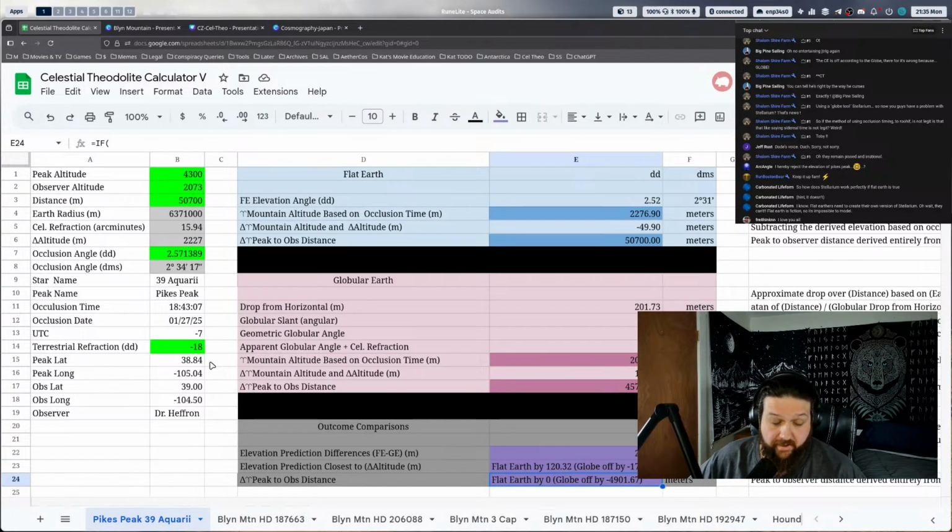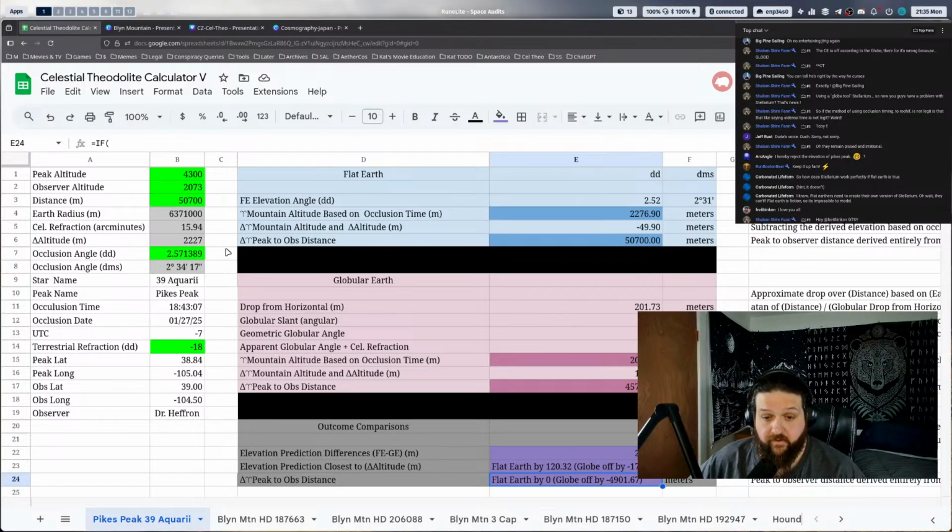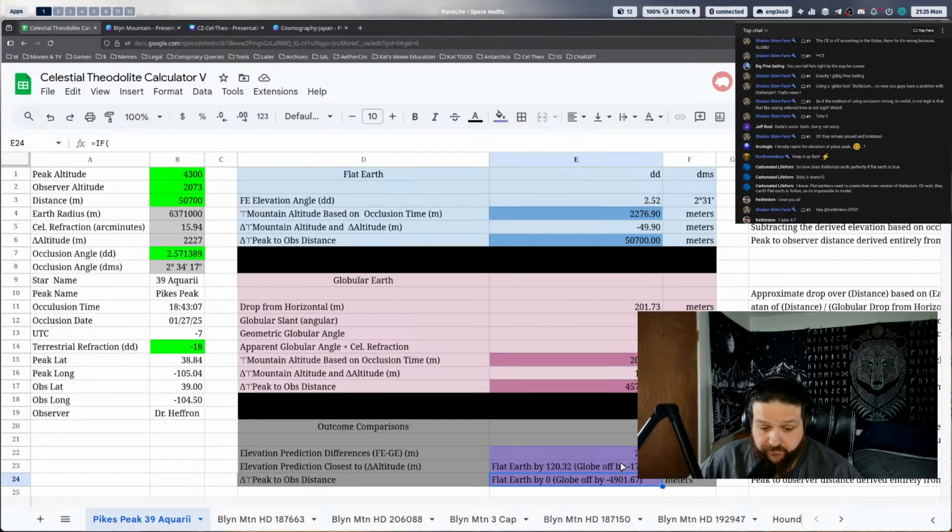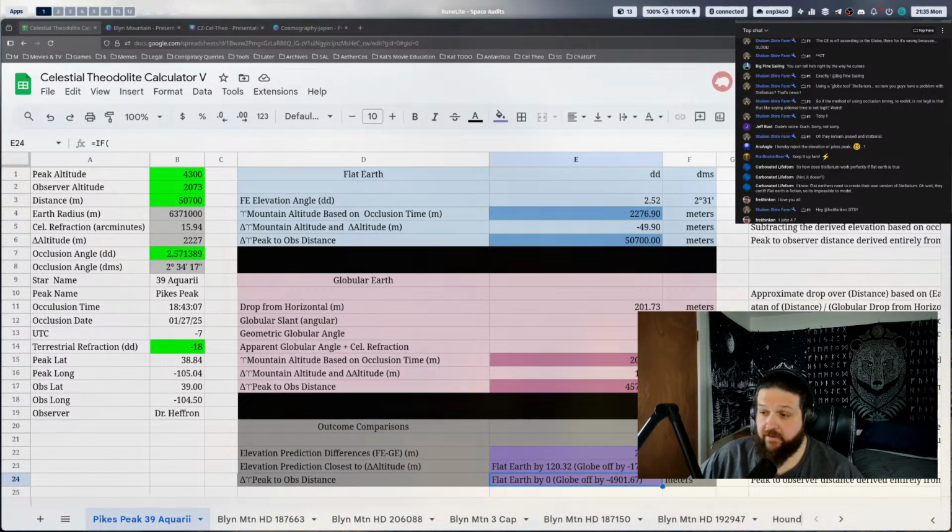What is inconsistent here is if the geometry of the Earth were a globe and the curvature wasn't optical, then these mountains would physically get occluded at a later time, and flat Earth would be falsified by that. I would be here arguing for a globe, and it would be super easy because this is a triangle, and it's hella hard to argue against Pythagoras.